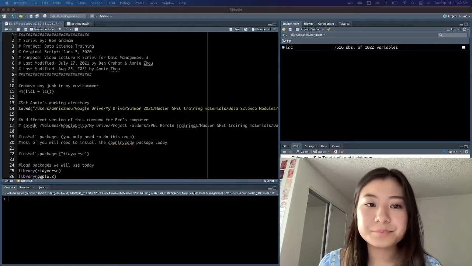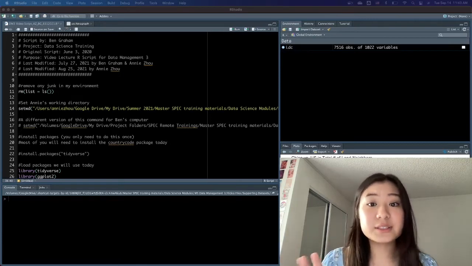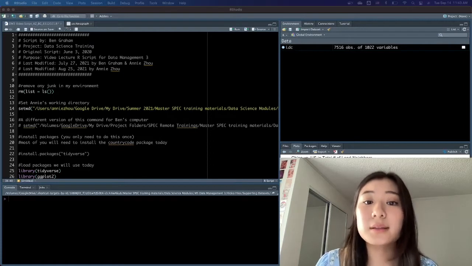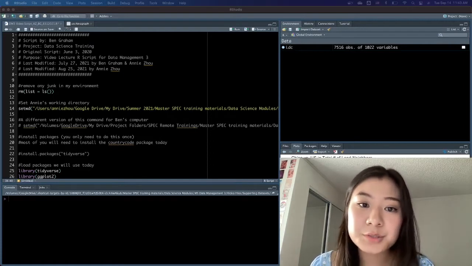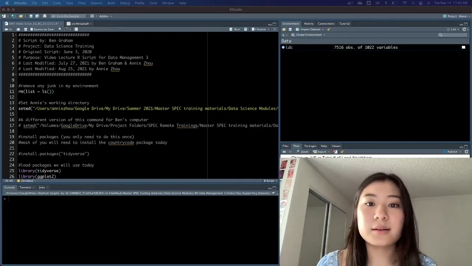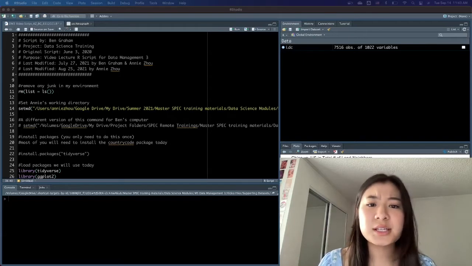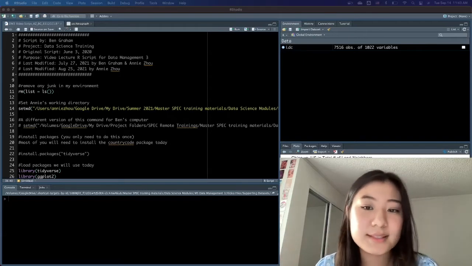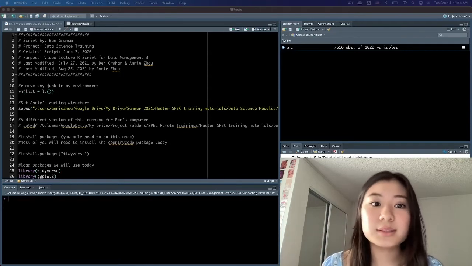We introduced group by and summarize in our first data management module, but now we're covering them in a little bit more depth with a focus on setting ourselves up for data visualization. You will notice that we are now also focusing on summarize at, which is essentially a scoped version of the summarize command and allows us to summarize multiple variables at once.